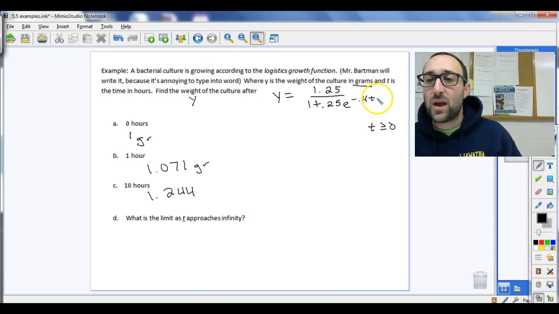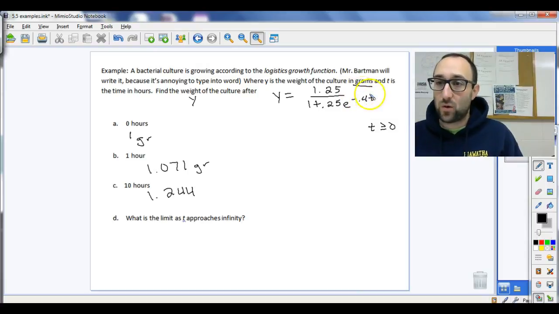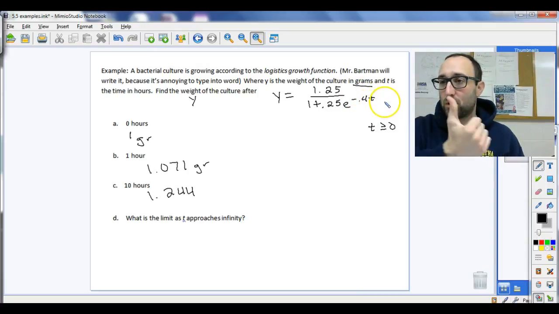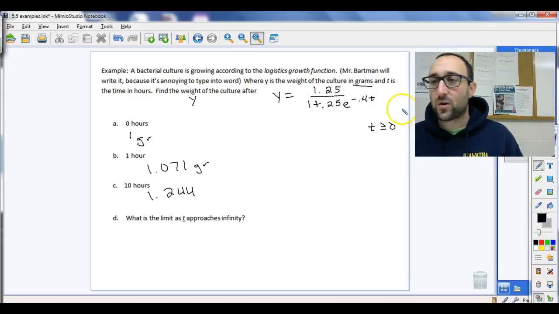Well, t is going to approach infinity. t is going to approach a really large number multiplied by a negative. So that's going to be a very large negative. So you say e goes to the negative. Well, what happens when e goes to a negative number? When this whole thing is negative, which means you're going this way, right? You're going to the right on the graph. So if you think about it, when you think about the